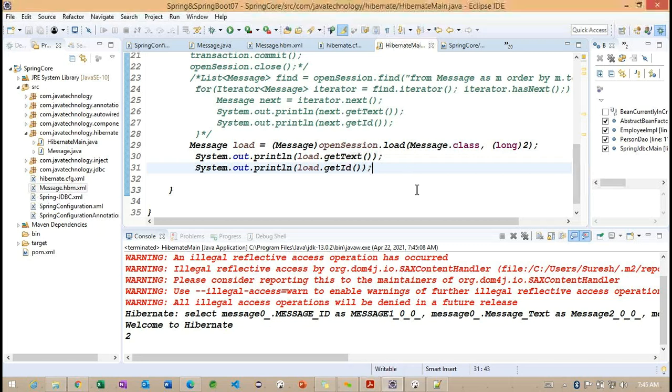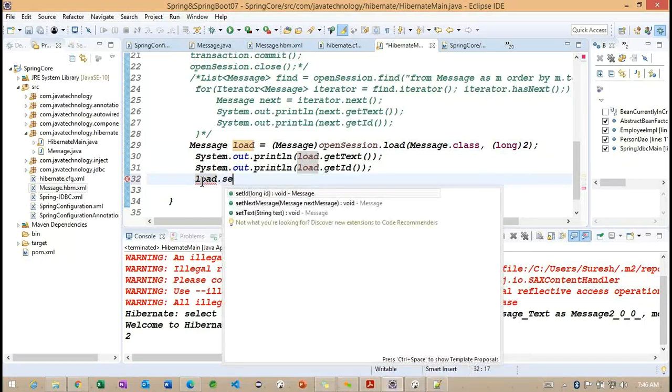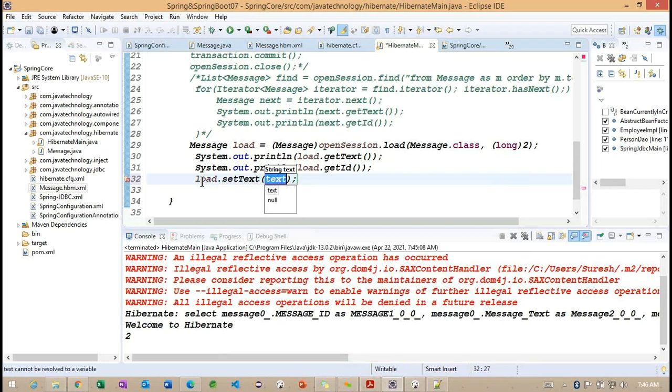Now observe what I am trying to do. Using this load method, I load an object and set one more message. Carefully observe: using this reference, I'm trying to change the message with setText.